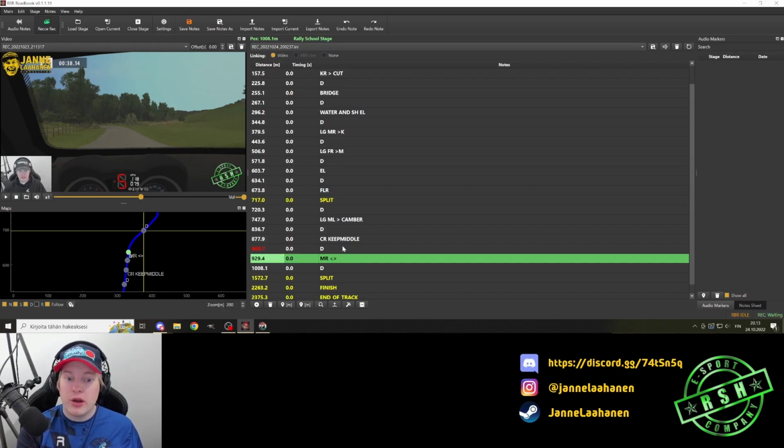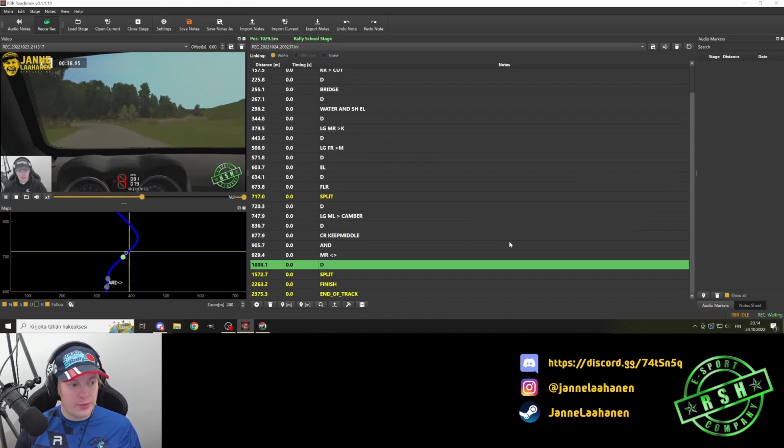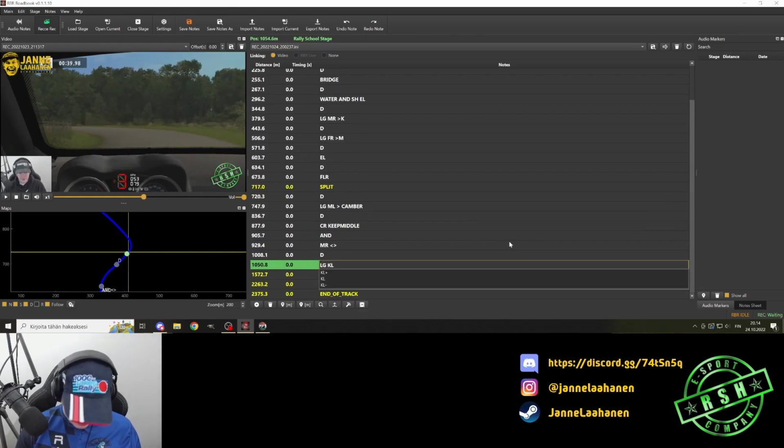And personally I use the linking word "and" for roughly 15 meters to 25 meters, and any distance shorter than 15 meters is "into". So we will be heading here and we use "and". I'm a bit gutted that I can't remember the shortcut to just edit the note, because I could just press that instead of having to click, and this would be even faster. But it's that stuff that you will learn when you use more of this, and your workflow will get faster, and that is the brilliance of this software. And this was long K left, tightens,